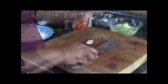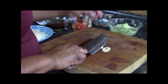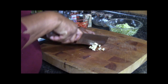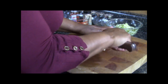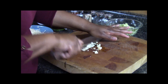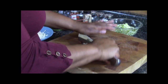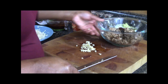Okay, so now we're going to chop our garlic. As you all know, I always smash mine first because it releases a lot more flavor. And we're just going to dice this up. Yes, I'm using a different knife today, but that's alright. I have plenty. Lots to choose from. Alright, so that's 3 cloves of garlic, and we're going to take that and drop that